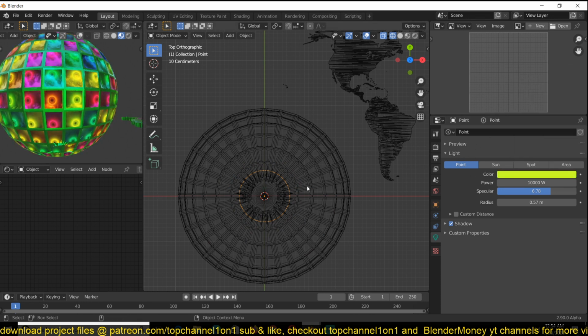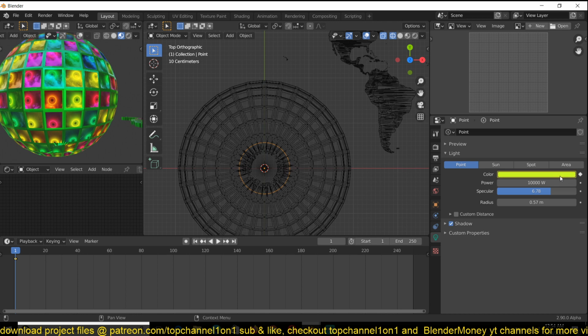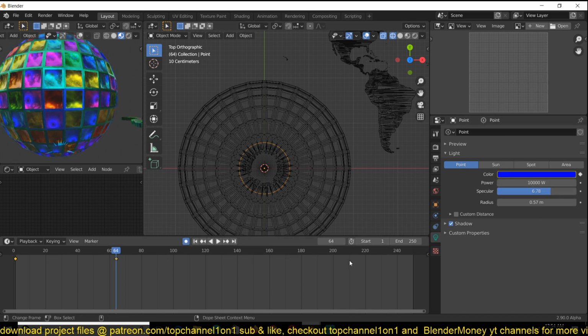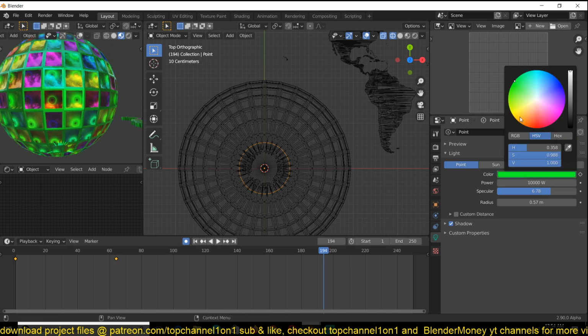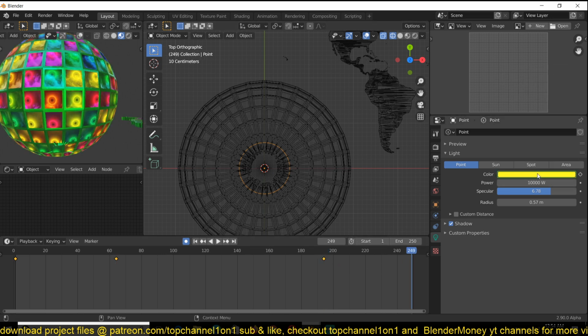Now okay, let's actually animate something here. Let's get this light and animate this hue value here, this color value, just randomize this as well.